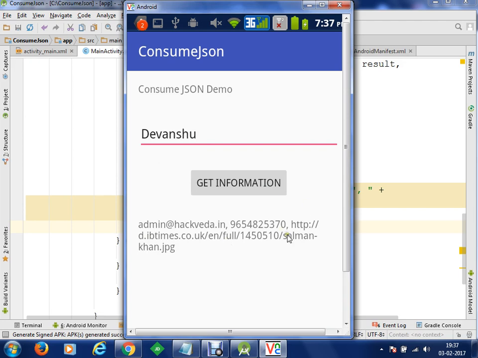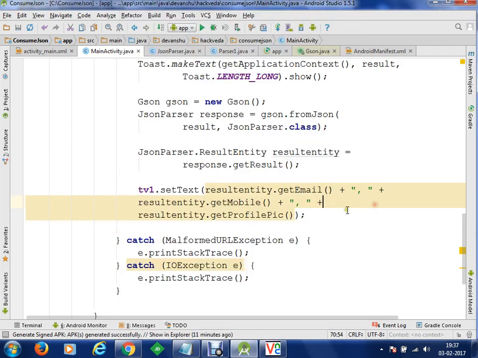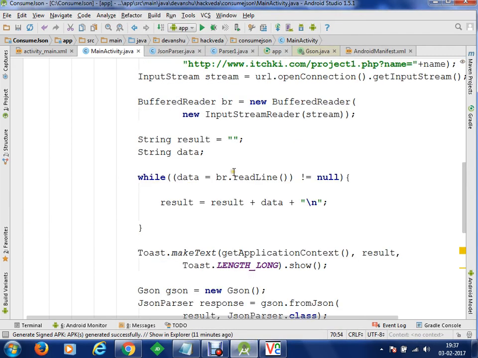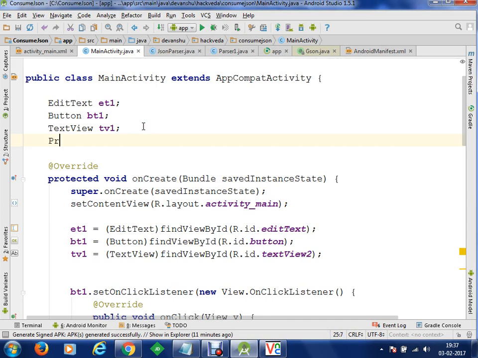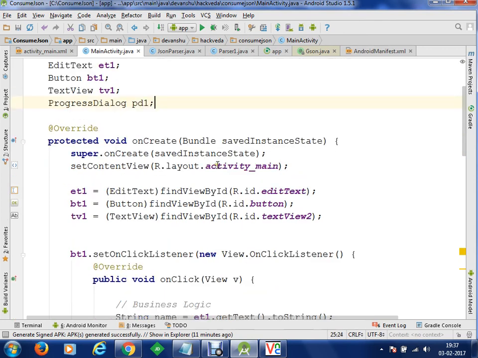So at this moment we can do one more thing. During this process, till the time we are progressing here, we can set up a progress bar also. To set up a progress bar, it is very simple. You can create a progress dialog. Let's call it as PD1. Okay. Using this progress dialog, you can create an instance of a progress dialog here.